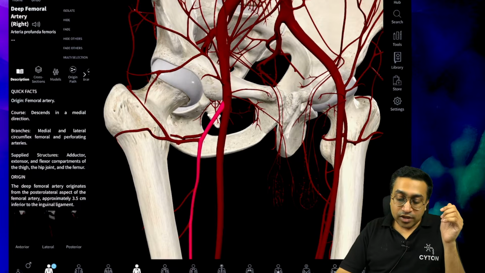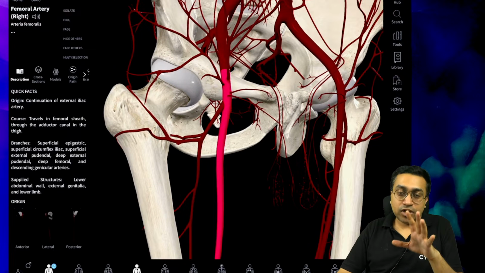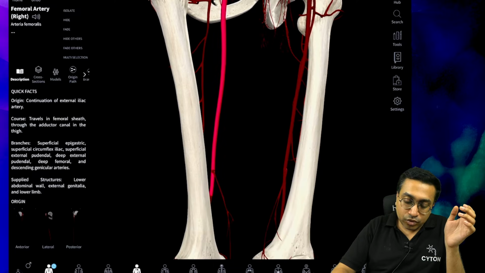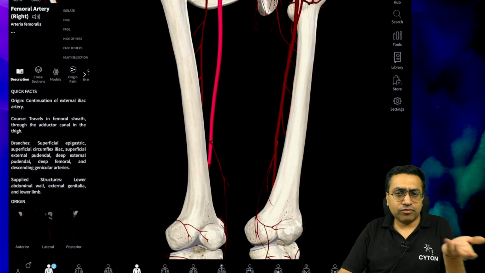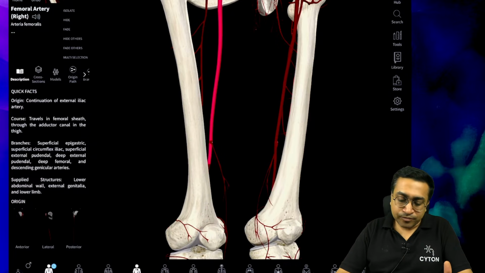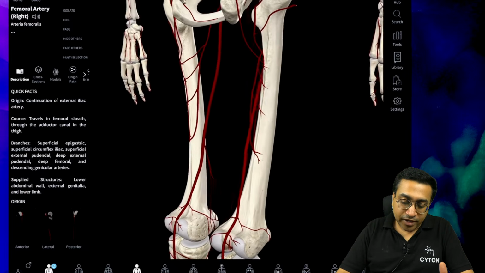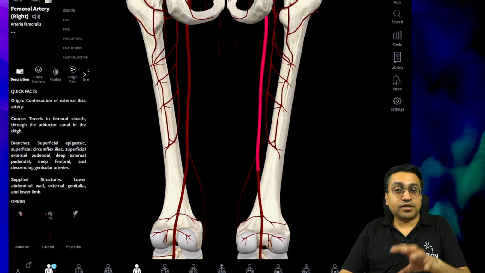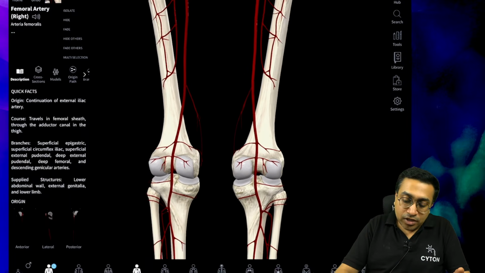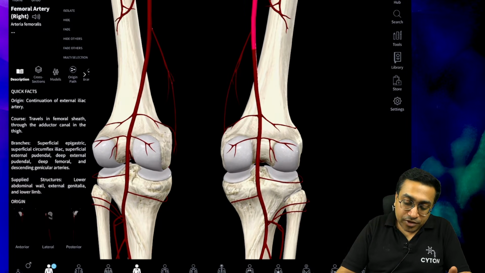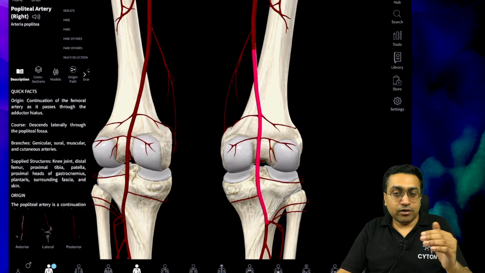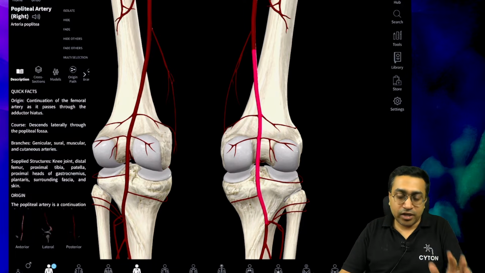So here you can see the main pipeline is the femoral artery. The femoral artery goes further below, femoral because the femur is in the thigh region, you remember. Now you see the femoral artery goes behind and changes its name. Now the name becomes popliteal artery. Okay, so this is the popliteal artery. We will discuss everything region wise, don't panic. I'm just telling the major vessels.